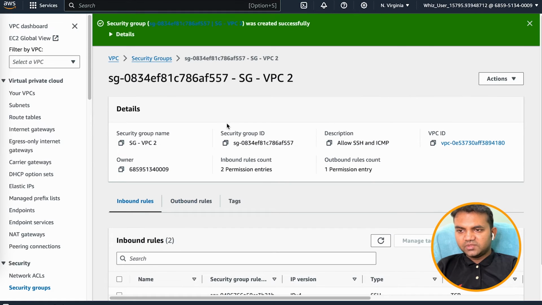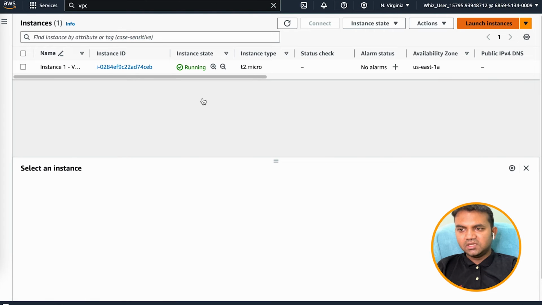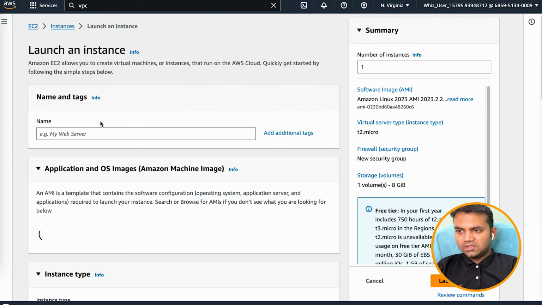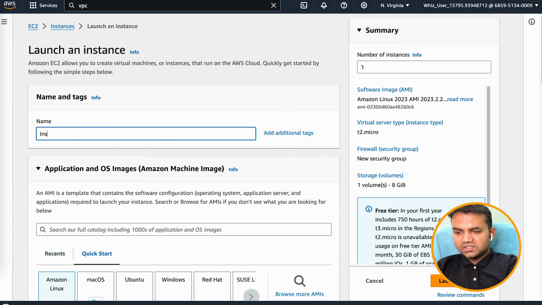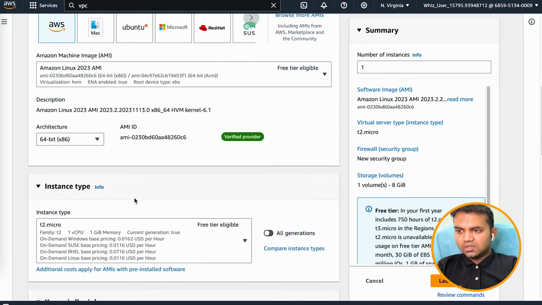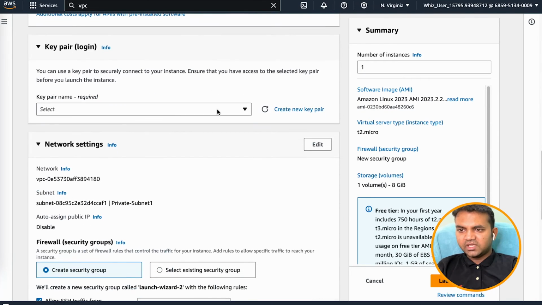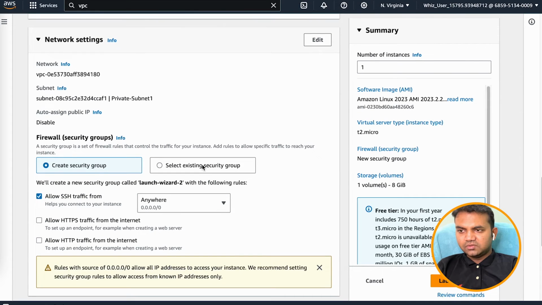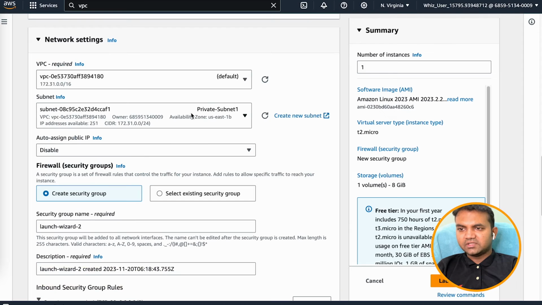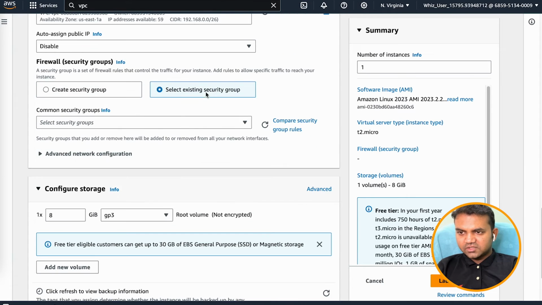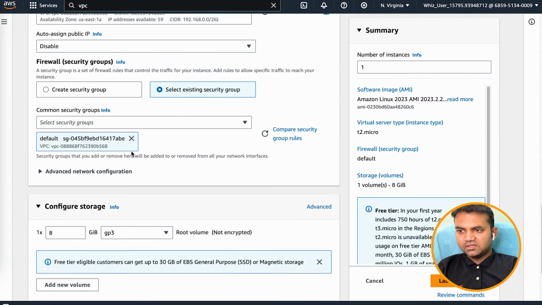Okay, my security group is created, and the next part is to launch the EC2 instance in this VPC. So let's create this EC2, and we will call it instance 2 of my VPC2, with pretty much default and similar settings. I can choose the same key pair, not an issue. And here we need to modify the network. So VPC2 private subnet, no need to assign the public IP. And for the security group, I will go ahead and select the,